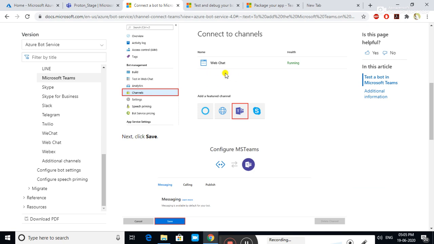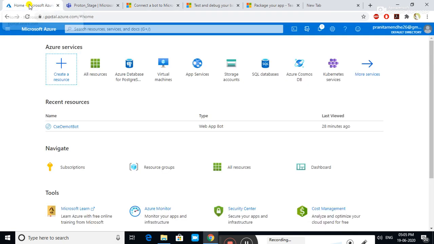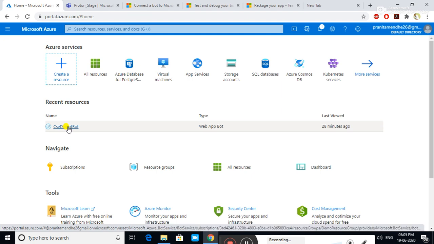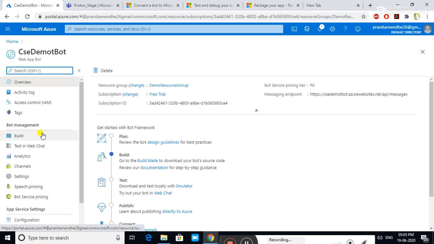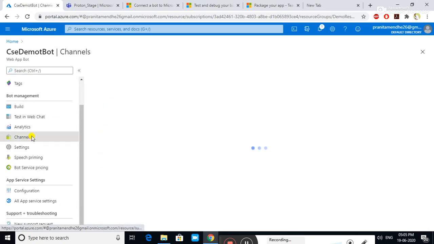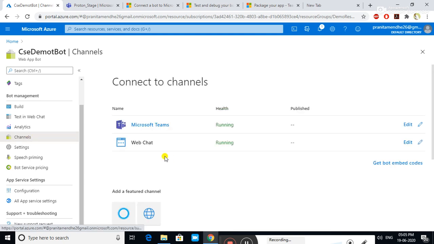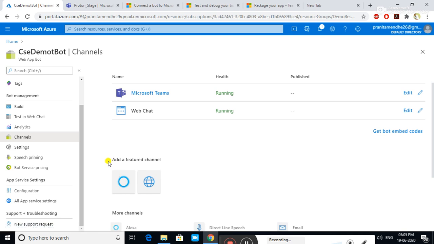So let's get started. First I'll tell you how you can use your bot individually in MS Teams. You just need to go to your Azure portal and find your bot, CSC demo bot. This is my bot. Click on that and find the option Channels. Click on Channels. Here you will find the Microsoft Teams option under the add a featured channel.